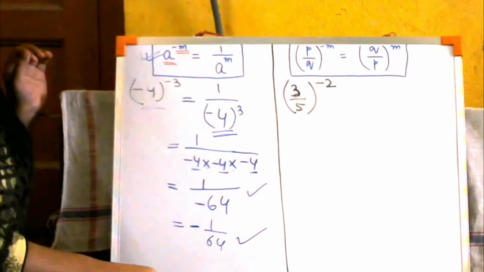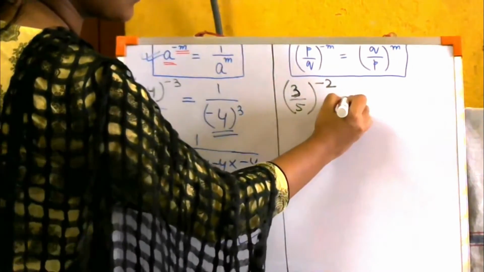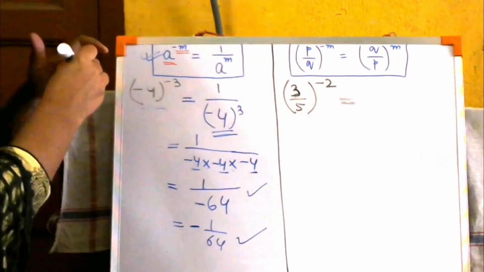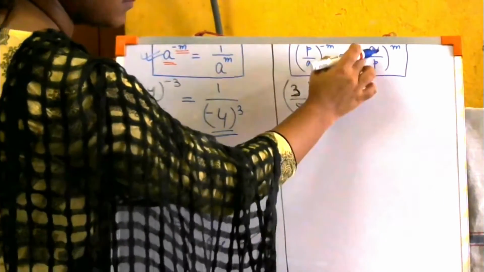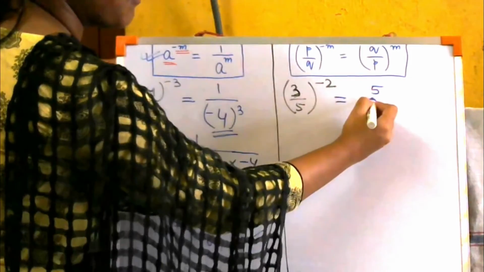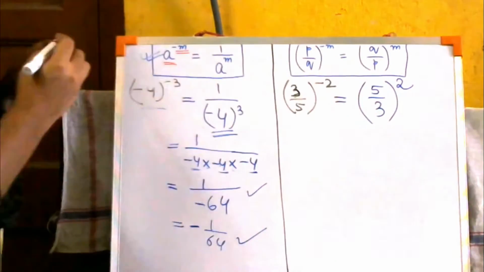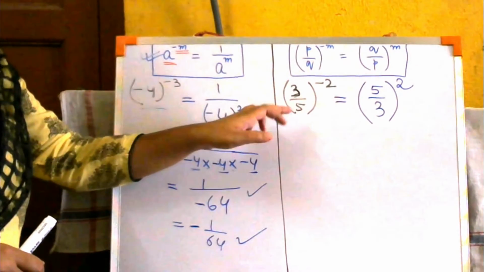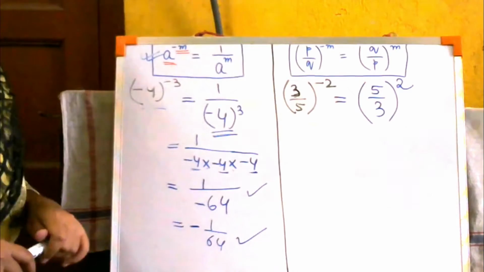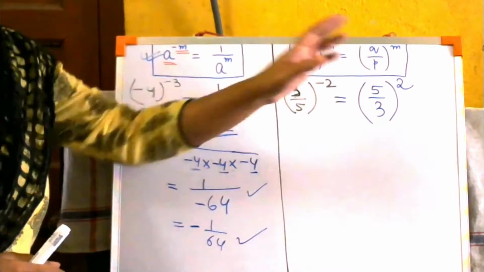I guess you people are understanding. Even if then if you people have any doubt, you can ask your doubts. Okay. So how we are going to solve the sum now? Equals to, just inverse this, 5 by 3 to the power 2. है ना? Once I inverse this digit inside the bracket, my power will also become positive. That is my sole purpose, to make the power positive.